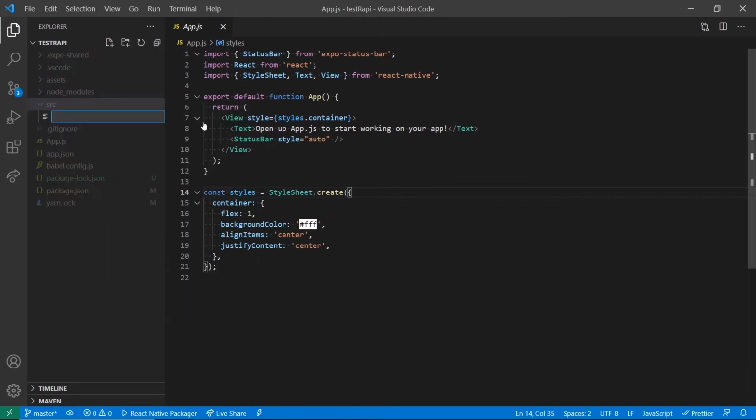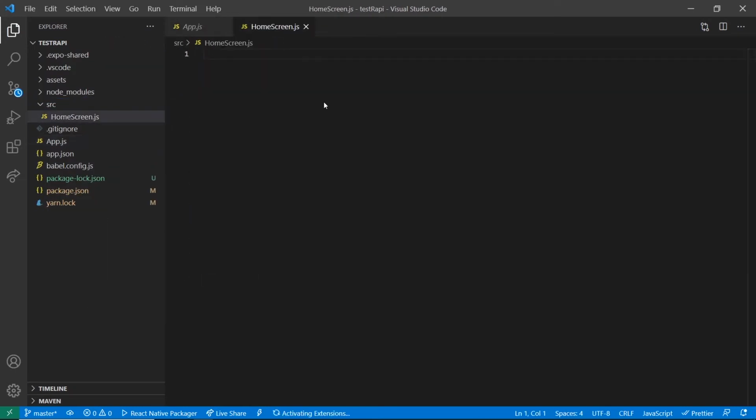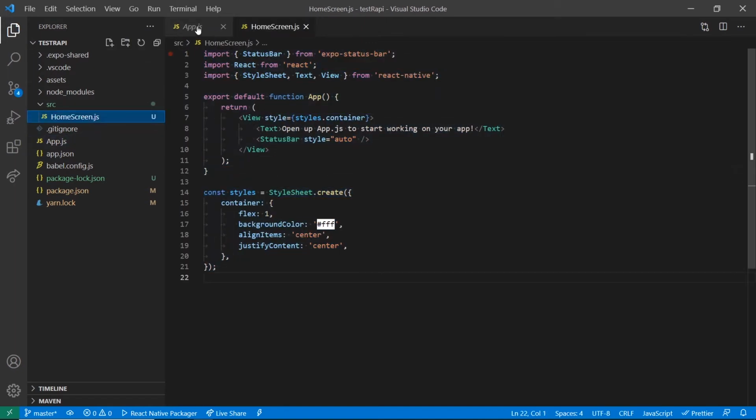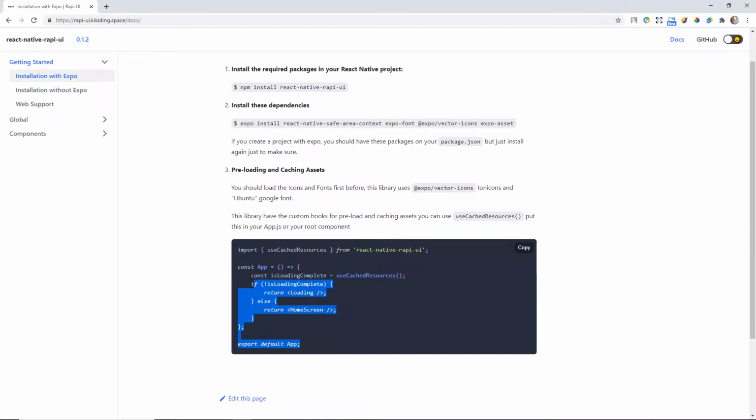First, I want to make a folder called src and move the app.js to homescreen.js in the src folder. This library has a function to preload the assets needed by these UI components, because this library uses the Ubuntu font and Expo vector icons.